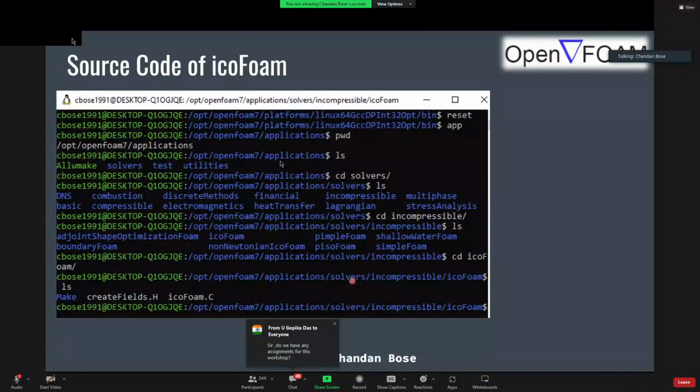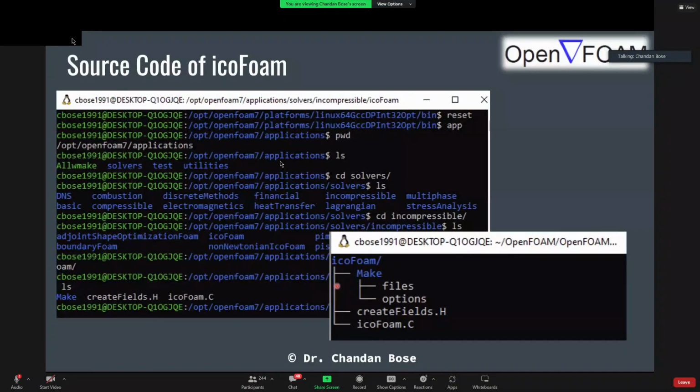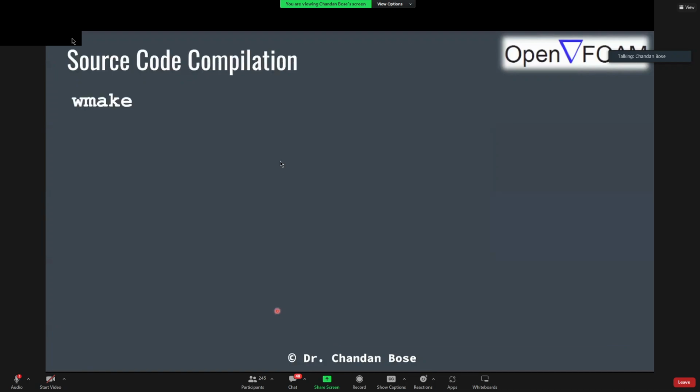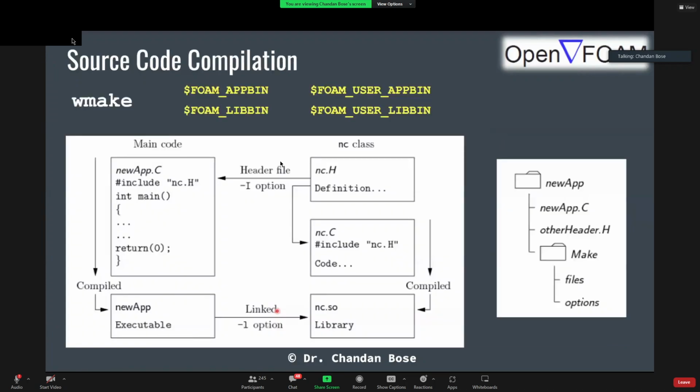All right, so what's the time? Yeah, so at this stage, only one last thing I want to show you is that, in the Make folder, you have these two files, files and options, which we need to modify if we want to compile the code. And this is where I mostly stop with the introduction: how do you compile the source code? So of course, if you want to modify this icoFoam and, suppose, add the temperature variable to it, right? So you want to modify the governing equation and also solve for temperature